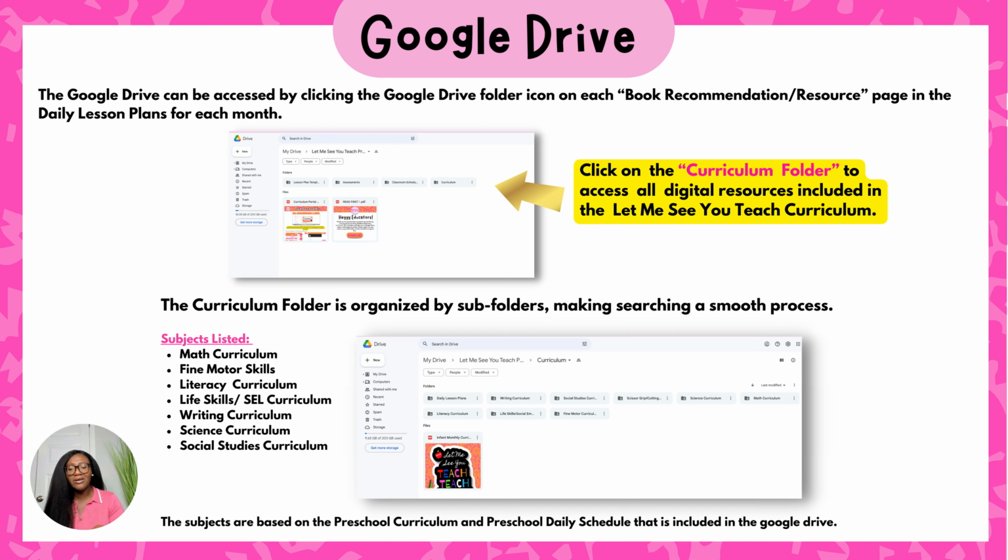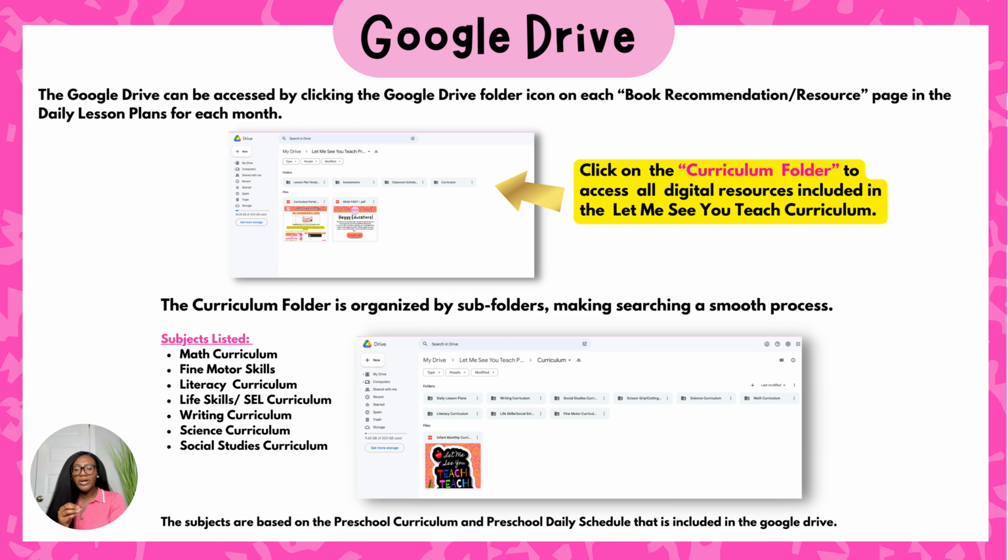When you first click on the link, it has four folders currently. You will have a curriculum folder, an assessment folder, and I think a lesson plans folder and another assessment folder. Those are what the four folders consist of, and then you have those other little documents that tell you about